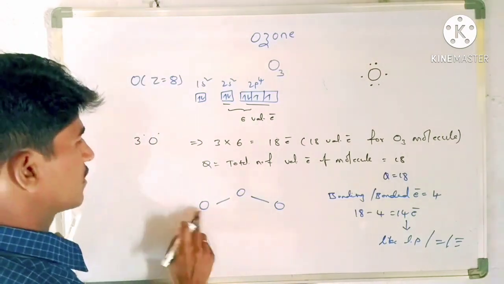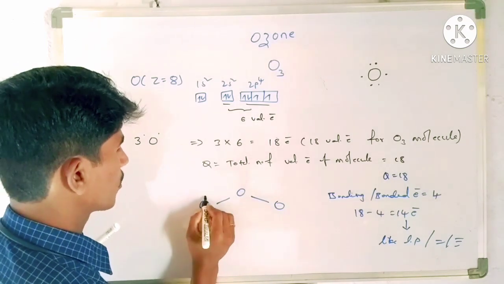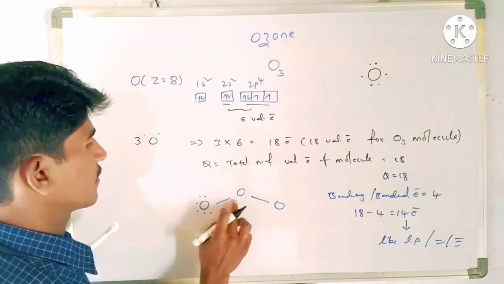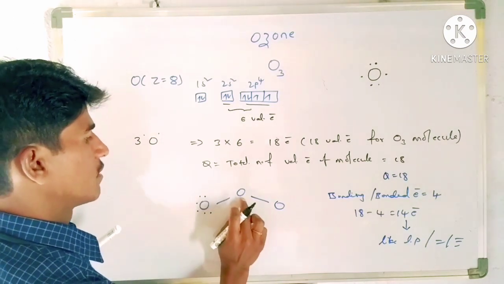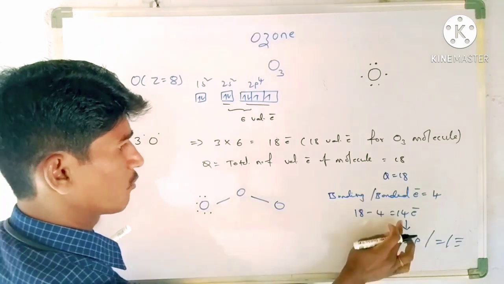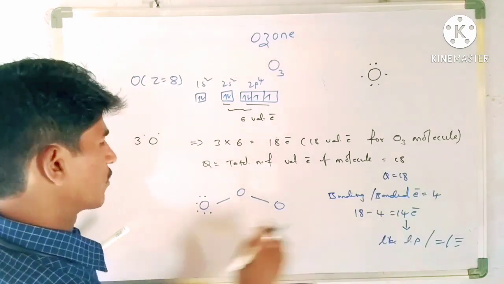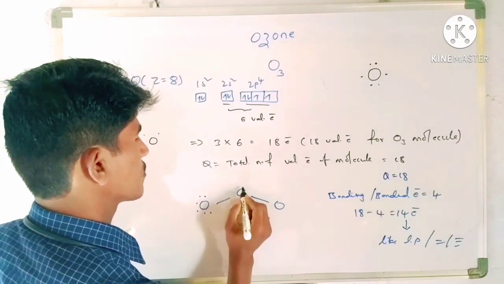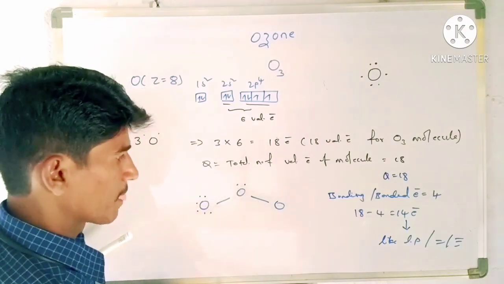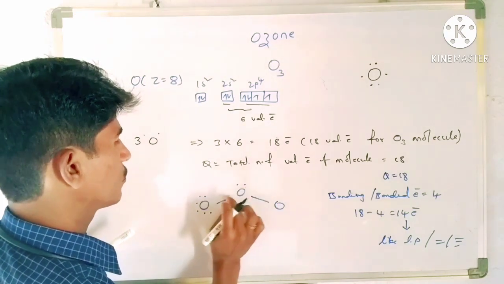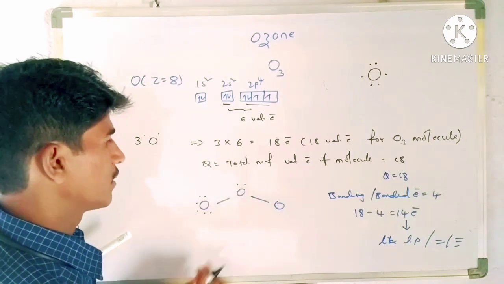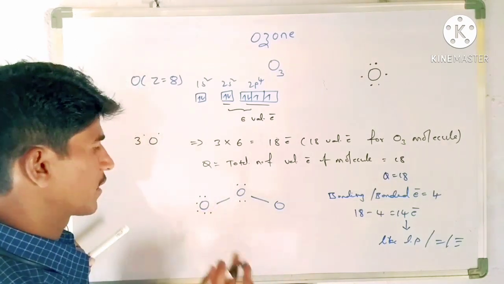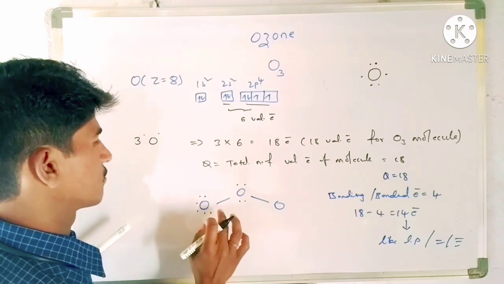Now this arrangement is to get octet configuration. Does this oxygen get an octet? No. How many more electrons are required? 6 more. So 1 2 3 4 5 6 7 8. This is stable. Now this oxygen: from the 14 electrons, 6 are used, so 8 electrons are left. Let us consider 2 electrons here. Now this has 6, and 2 more electrons are required to get stability, so we write 1 2 3 4 5 6 7 8.